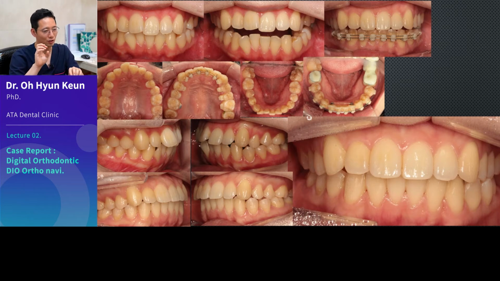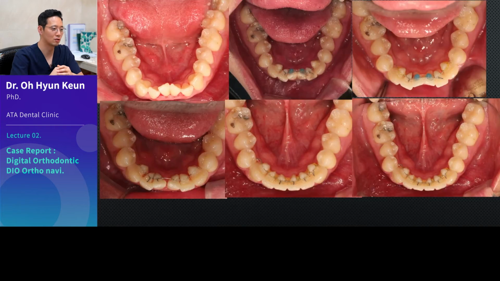So, I suggest you start with the outside braces, then the outside for upper and the inside for lower, then the inside for upper and the outside for lower. Having various combinations of treatment will become an advantage for you and your practice. Now, once you get used to a certain system, then you can go a step forward. Then you can go another step forward.